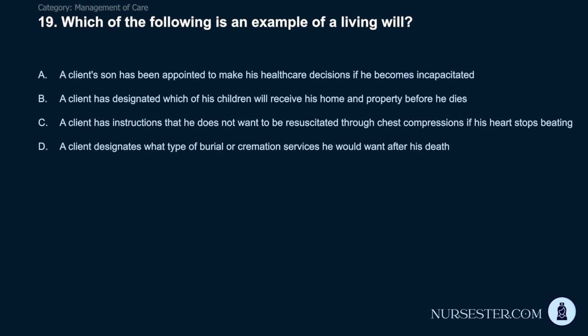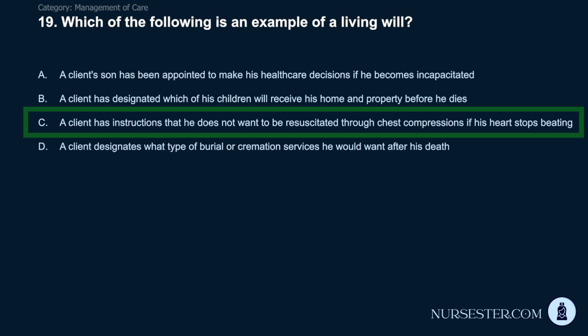19. Which of the following is an example of a living will? A. A client's son has been appointed to make his healthcare decisions if he becomes incapacitated. B. A client has designated which of his children will receive his home and property before he dies. C. A client has instructions that he does not want to be resuscitated through chest compressions if his heart stops beating. D. A client designates what type of burial or cremation services he would want after his death. Correct answer: C. A client has instructions that he does not want to be resuscitated through chest compressions if his